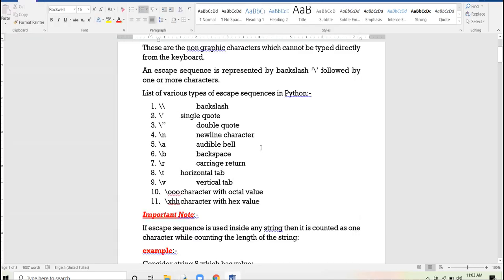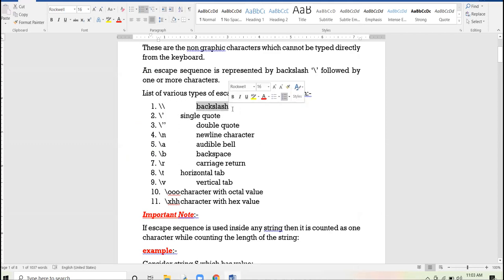Similarly, if you want to display double quotes in your text, you can use the escape sequence backslash double quote, right? Am I clear? So these are all escape sequences. I quickly repeat all the names.